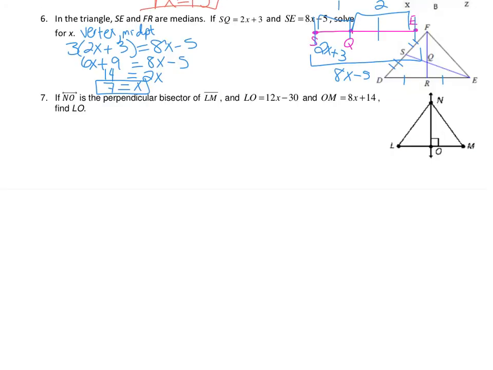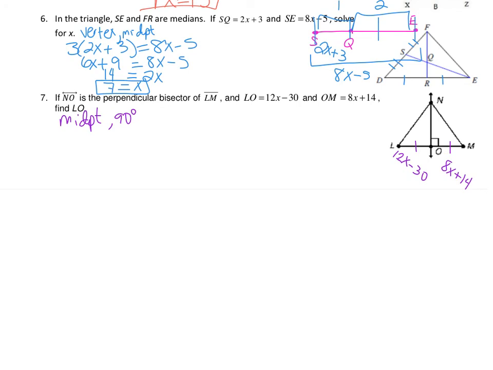In this last one, we now have a perpendicular bisector, and we know that goes through the midpoint, and it is 90 degrees to that side. Another name for it with this very specific picture is it does go through the vertex. So if it goes through the vertex and the midpoint, it is the median. If it goes through the vertex and it's 90 degrees, then that's also the altitude. So really there are other names for this line, mostly just because it goes through the vertex and it is perpendicular and the midpoint. So going on, we know that O is the midpoint then,